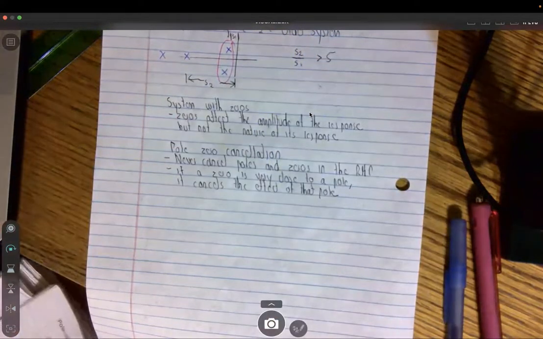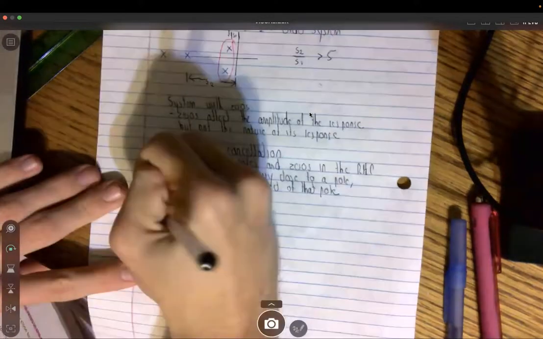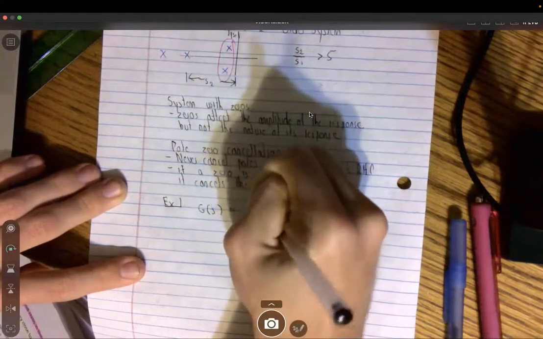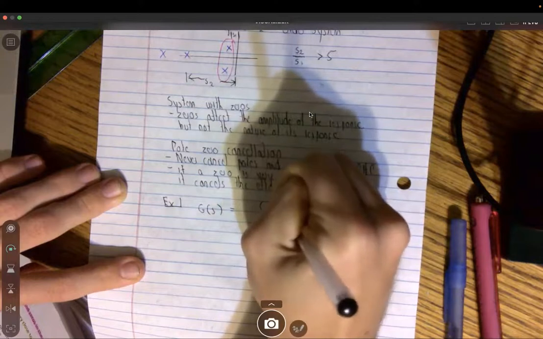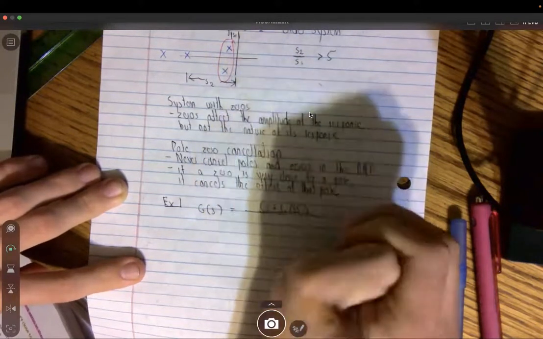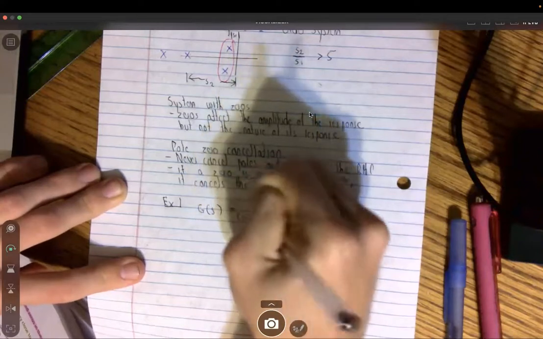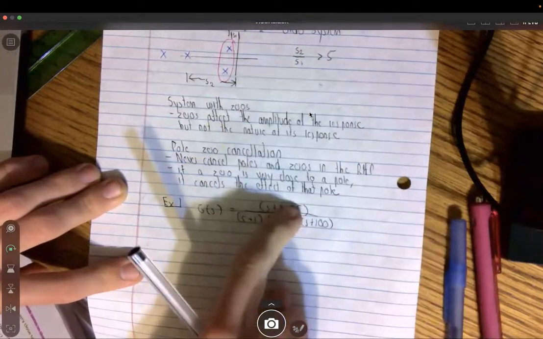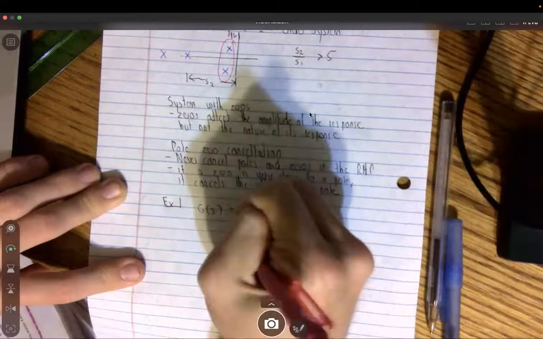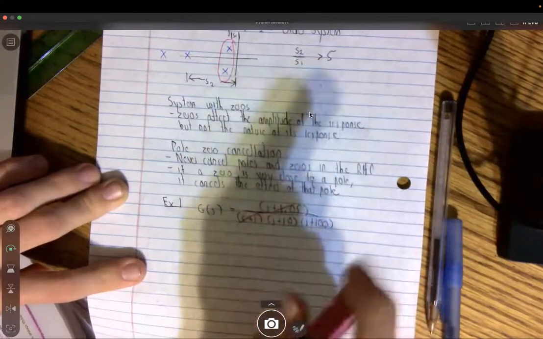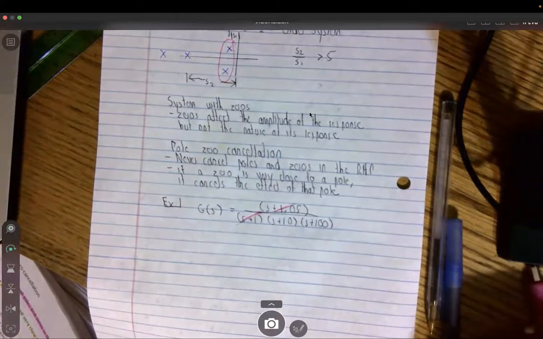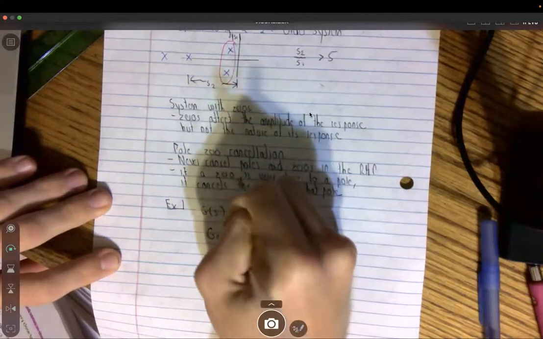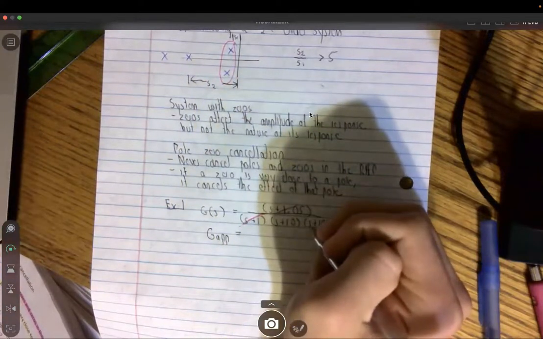Okay. So for the example, if we have G of S equal to, let's say, S plus 1.05 all over S plus 1, S plus 10, S plus 100. You're going to notice that this zero is very close to this pole, so they're going to cancel each other out. And your G approximate is going to be about